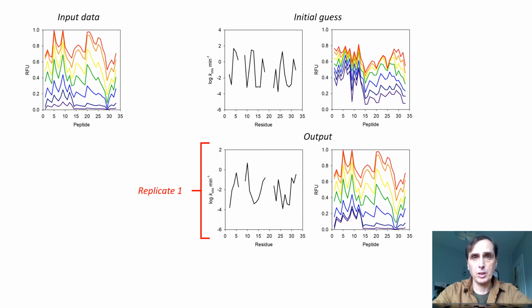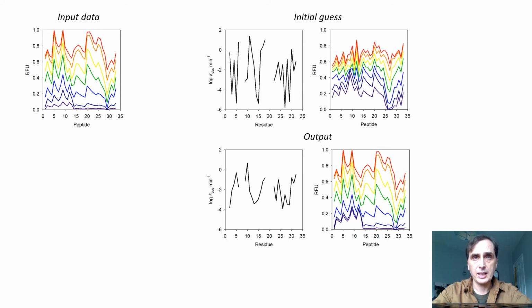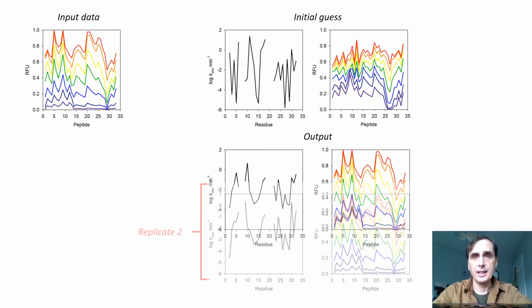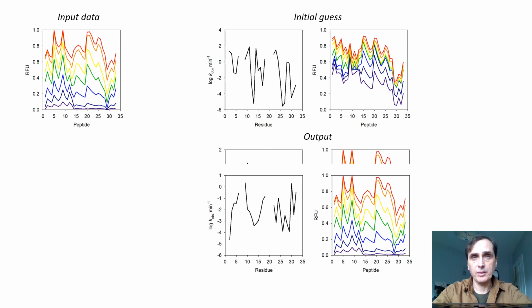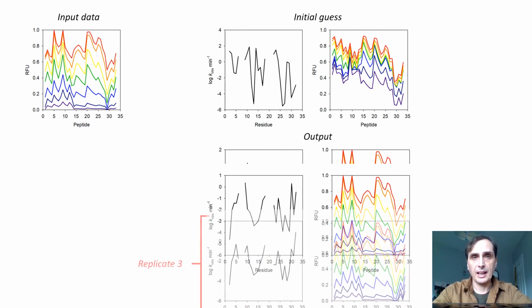Once replicate 1 has completed, a new cycle will begin, and this will begin with completely new guess values for the exchange rates, so KOBs of each amino acid. From this it will generate a new model, and then the optimization process will proceed again until it's reached the threshold in terms of error, and then it will output replicate 2,